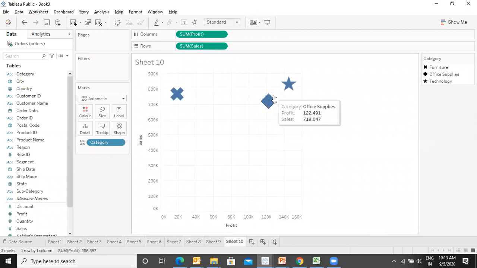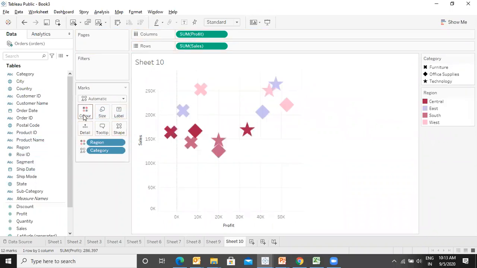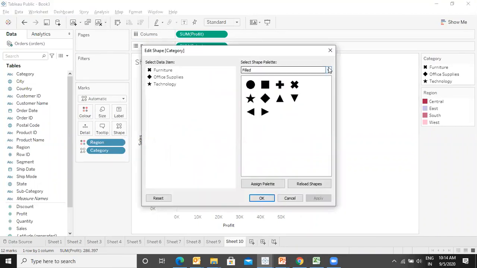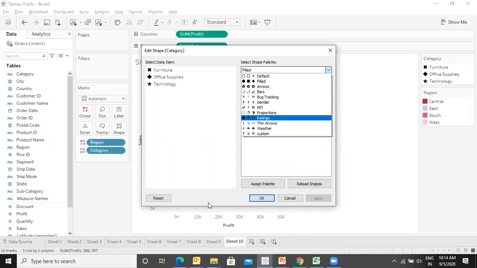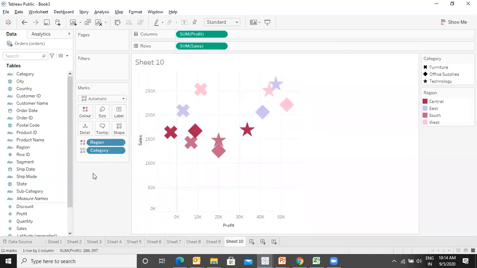Let's put the region in the color now. So you see the same color shading we are getting for the region which we have set initially. So now one thing is this, another is, suppose in this, once again let me go to the shapes, and you see what are default fields, arrows, and let me do one more thing.